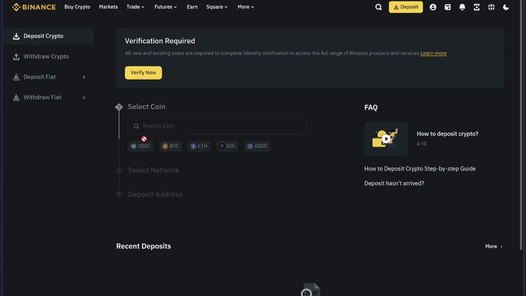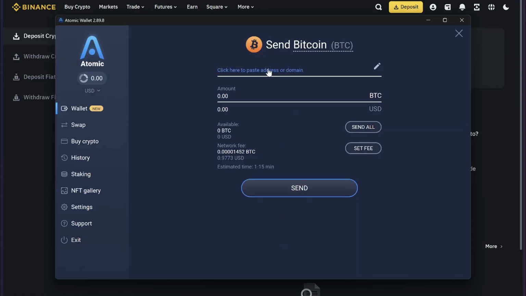On here, simply select the cryptocurrency that you want to receive. In our case, we are receiving Bitcoin, so simply select it and then select the network. And after this, they will give you a deposit address. So just copy that deposit address and then go back to Atomic Wallet and then paste that address